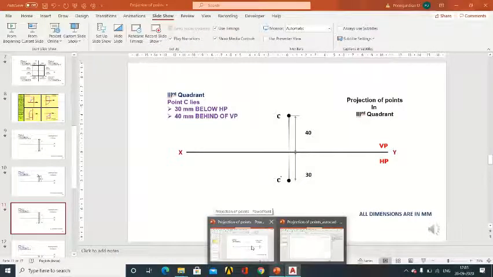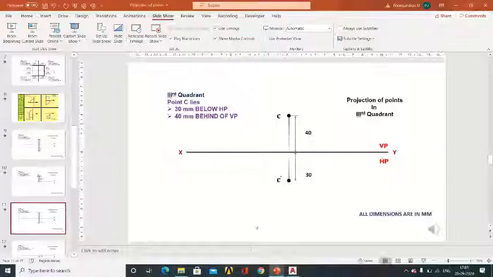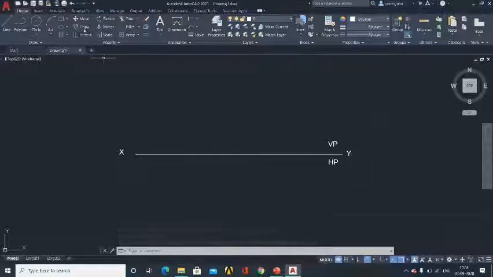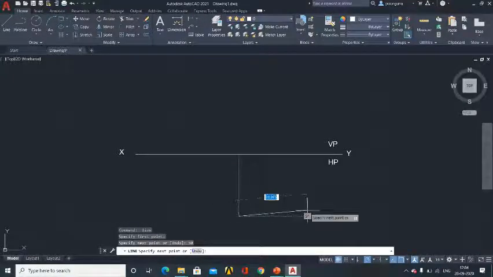I need to draw 30 mm below HP here, as shown here. So first you go to the line command, make sure that you draw from the midpoint, you click, vertical, so it's 30. Type the 30. So we have a 30 mm line, press escape.